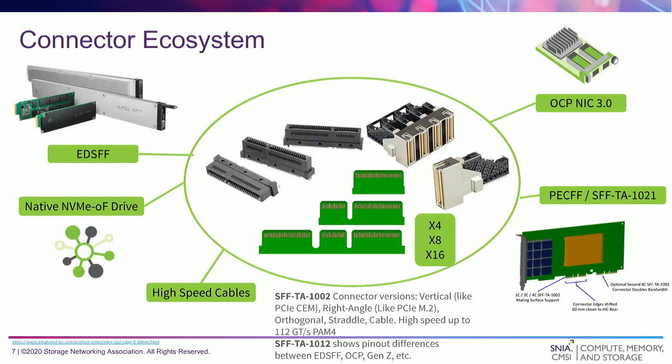SFF-TA-1002 is the actual spec for the connector, and then there's some support,